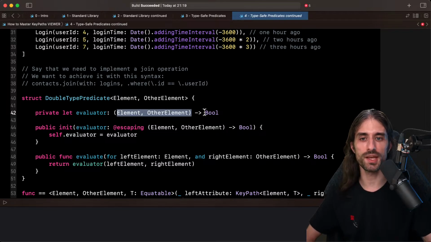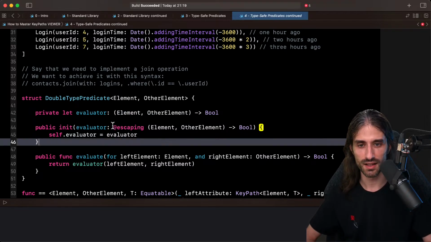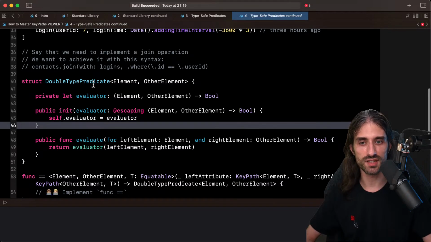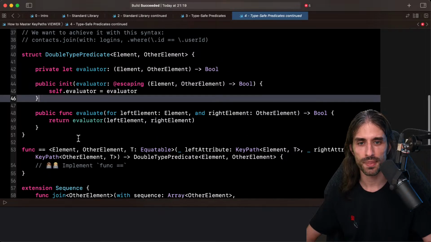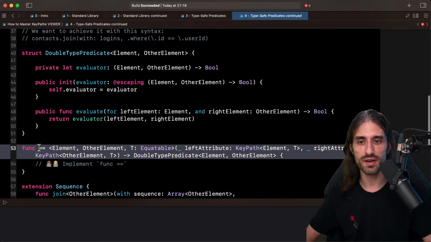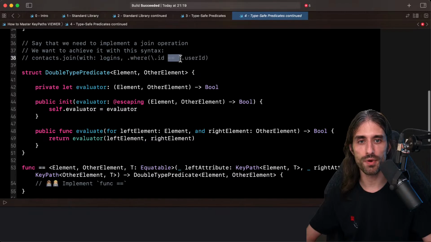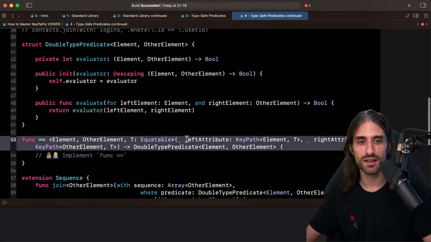So actually, I've called it a double type predicate just because I already have a Predicate type, but a predicate in math can have as many arguments as you want. Often it will have only one argument, but a predicate can have 2, 3, 4, 10, 1000 arguments. It still is a predicate. So the logic for double type predicate is the same as for the regular predicate, just a wrapper around a closure.